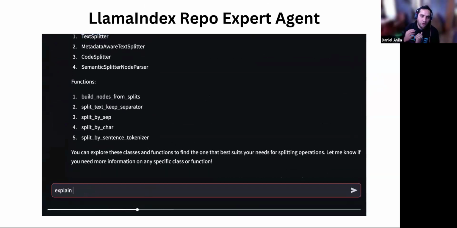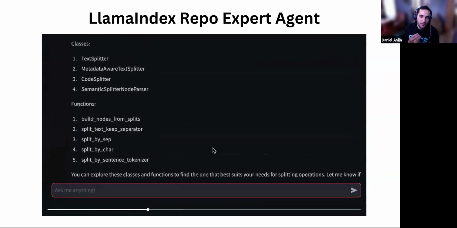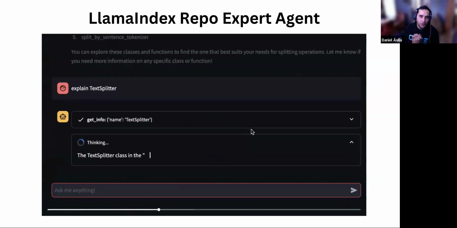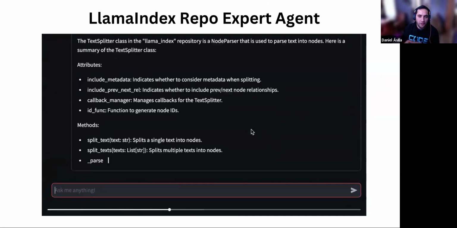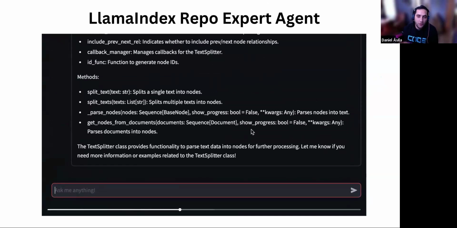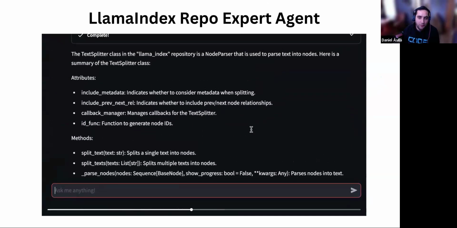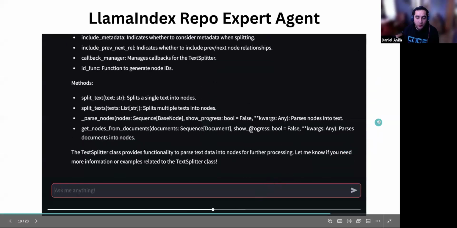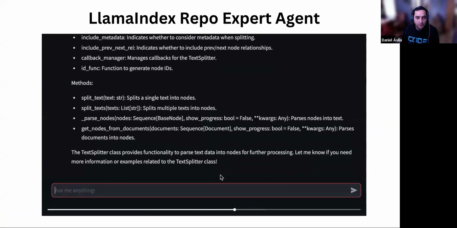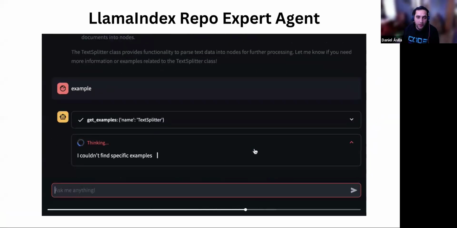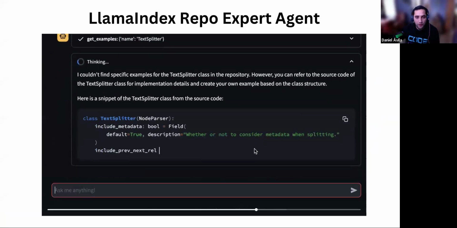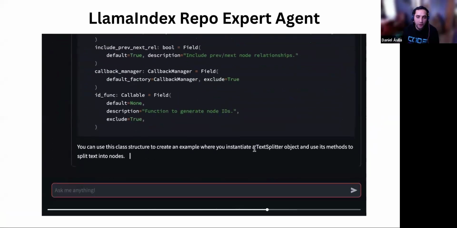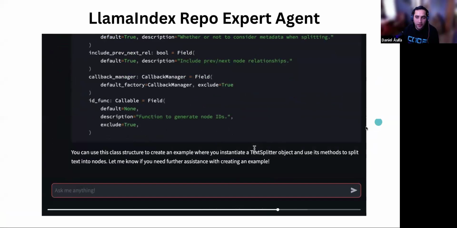It's going to be able to send the text splitter, and you could start to use the text splitter context, and you're going to have the full information from that function. And if you need examples, CodeGPT is able to get the example from the repo and send you the example to get the context.